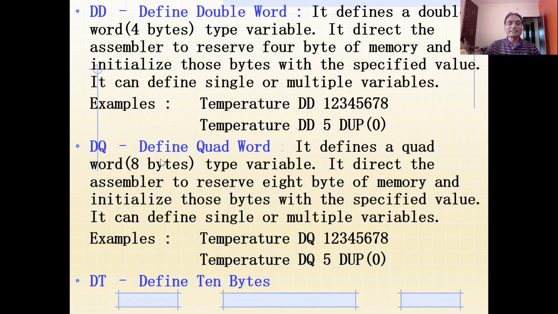So DQ stands for define quad word. So it defines a quad word, meaning 8-byte. Quad word means, you see, word means 16-bit. One word means 16-bit. Here double word means 32-bit. Here quad word means 4 words. 4 words means obviously 8-byte, right? So this is going to be used to define 8-byte type variable. So it will direct the assembler to reserve 8-byte of memory and initialize those bytes with the